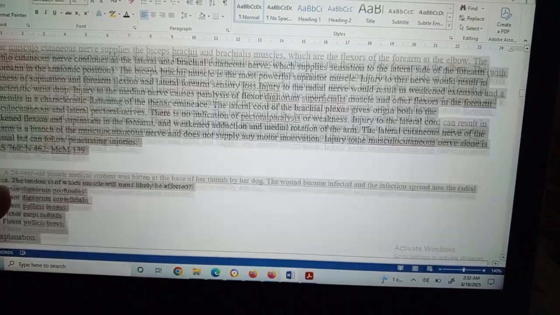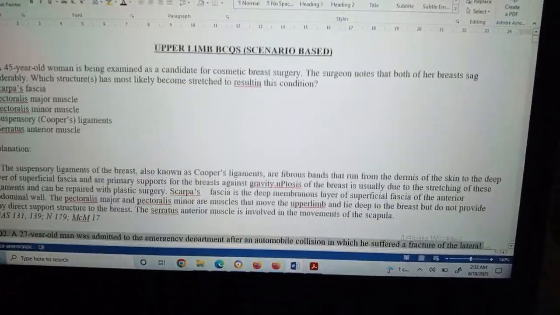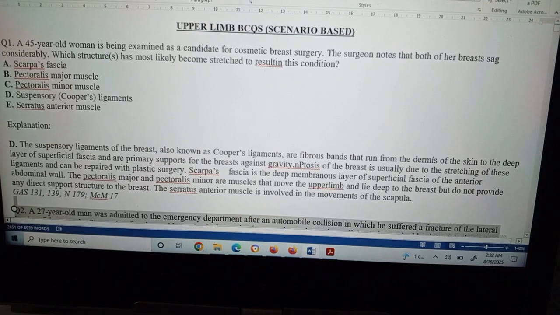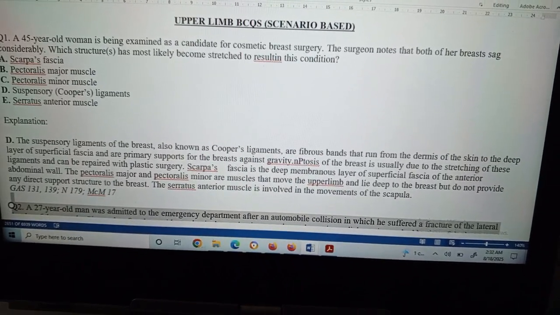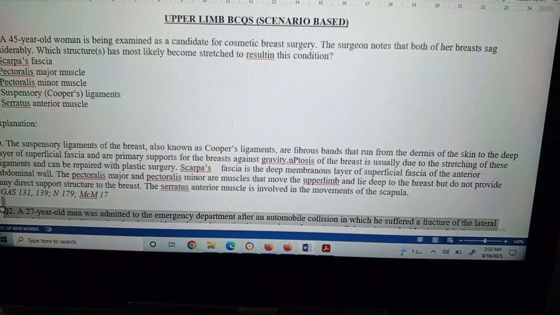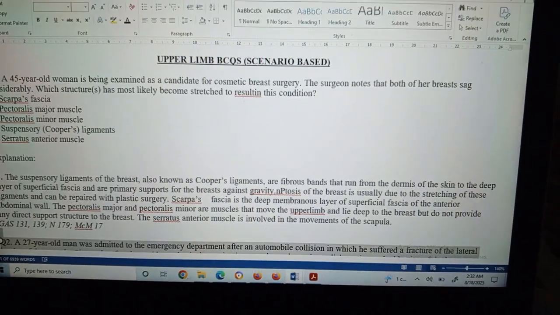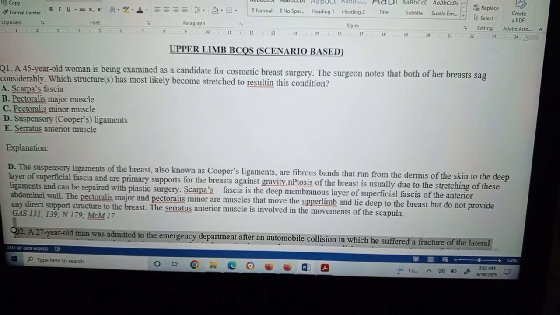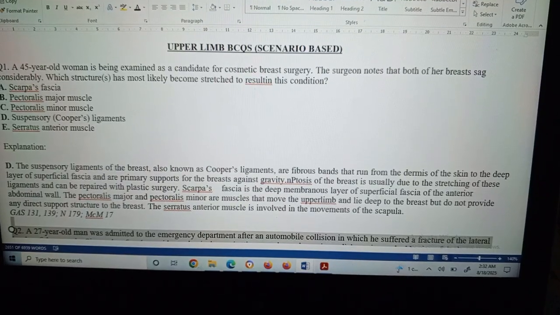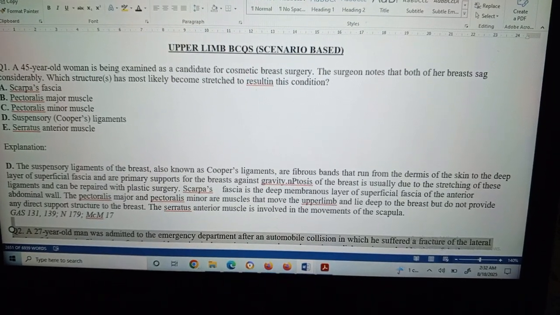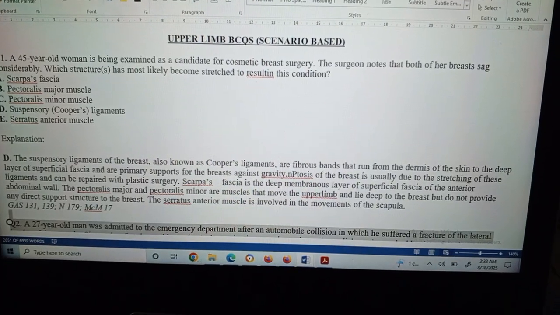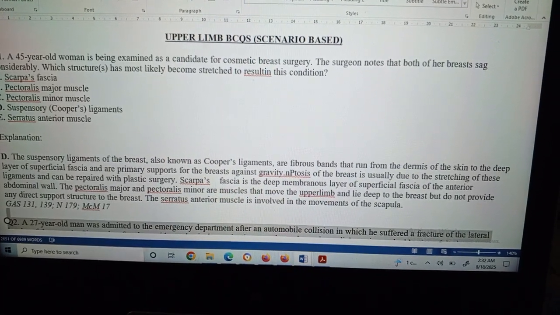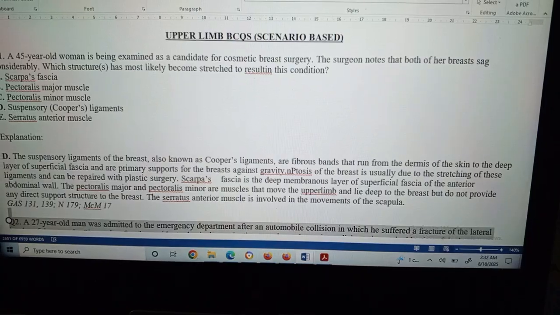Now you better know the answer to this question is the suspensory ligament, which is also known as Cooper's ligament. The answer is D. The suspensory ligaments of the breast, also known as Cooper's ligaments, are the fibrous bands that run from the dermis of the skin to the deep layer of the superficial fascia and are primary supports for the breast against gravity. Ptosis of the breast, which means drooping of the breast, is usually due to the stretching of these ligaments